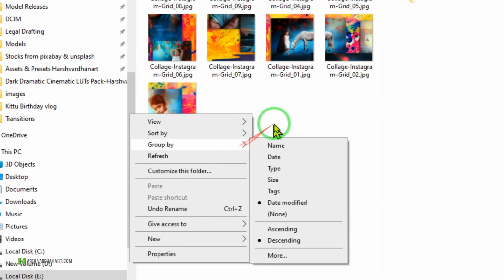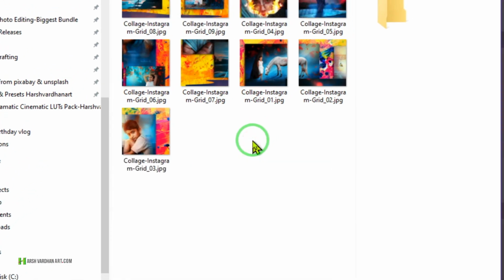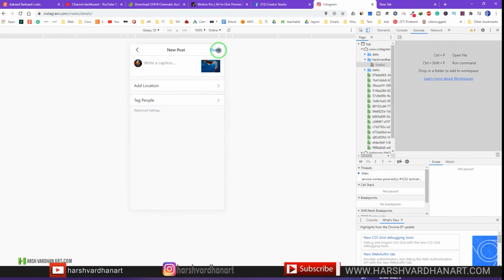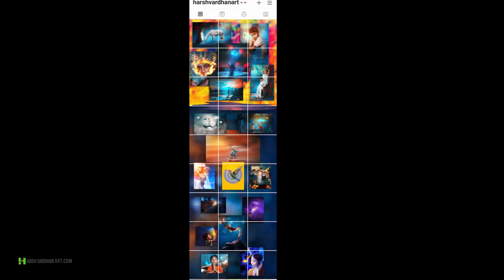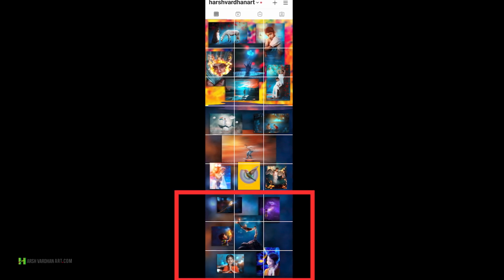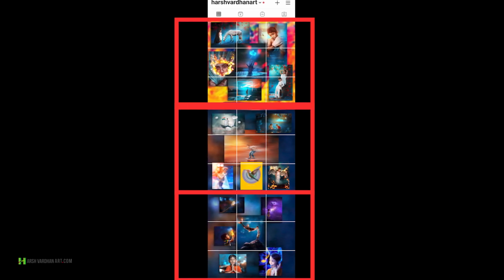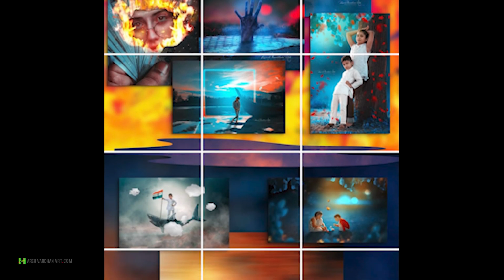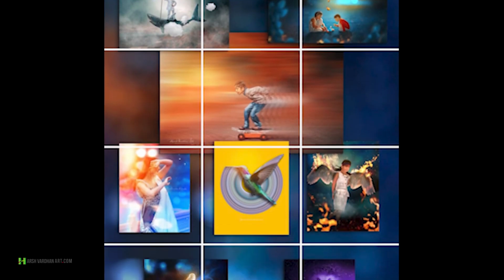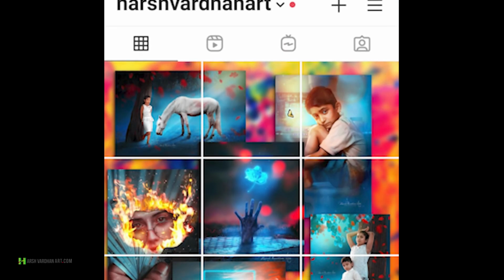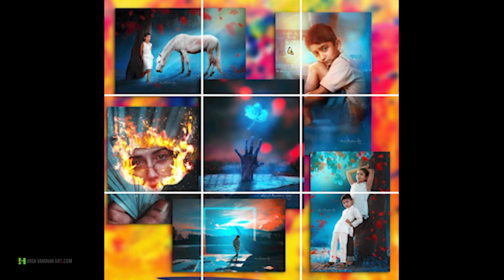Now let me upload all of these to Instagram, and let's see how the result goes. Okay. So now you can see that my Instagram feed or the profile just looked amazing, even with the first, second and the third image. Everything is just seamless, and there is no break between these 3 posts which we have posted separately. So this is how you can make the amazing seamless profile on Instagram.